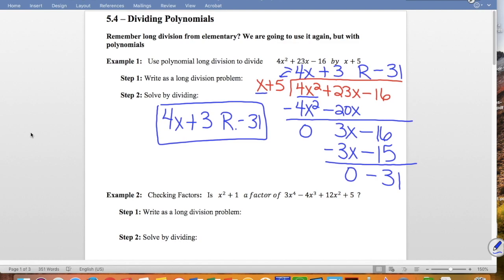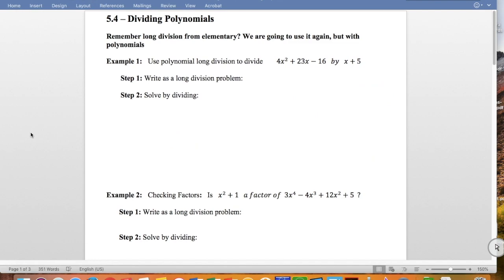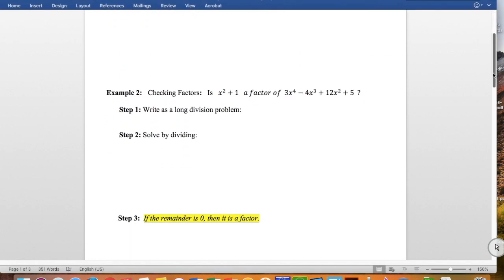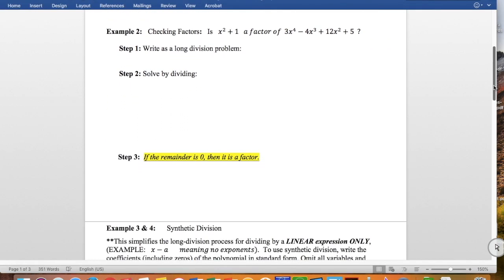There we go. That's division. Let's do the next example. We're going to keep practicing so we kind of get through this. So now the next example we have is actually just checking factors, but it's still long